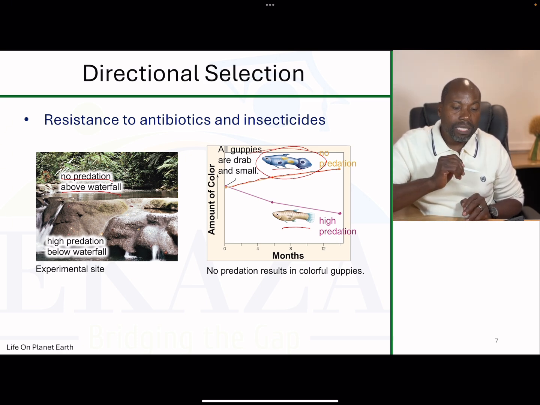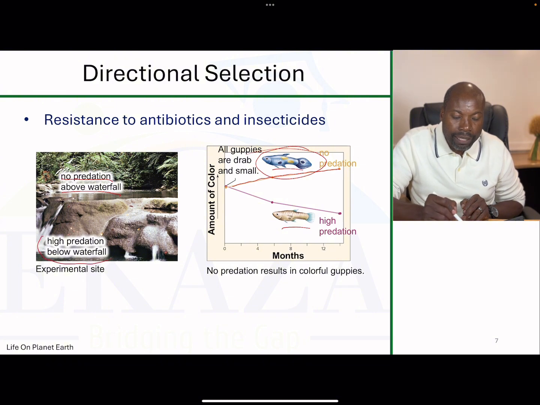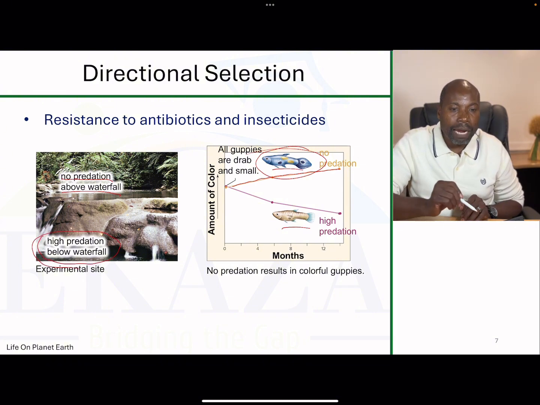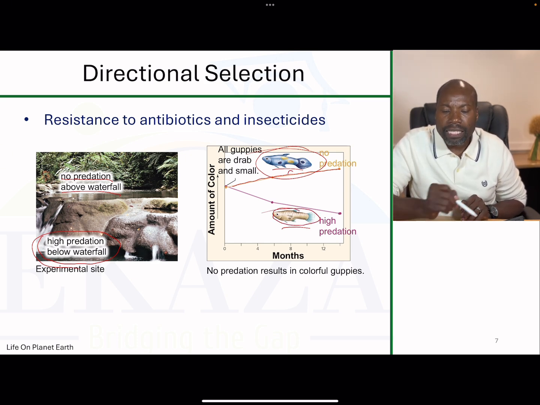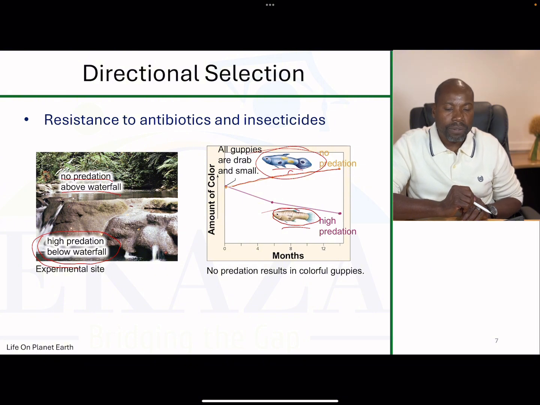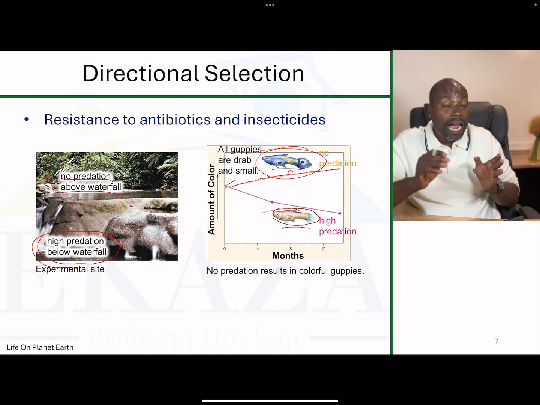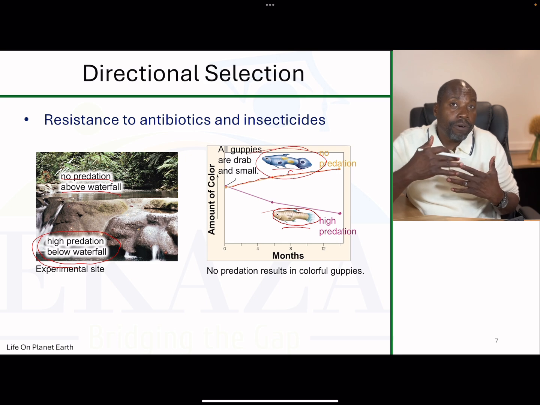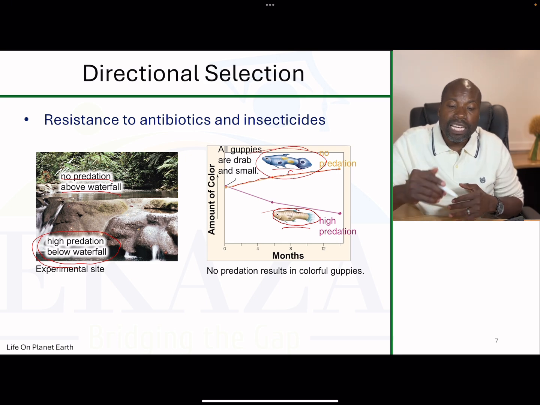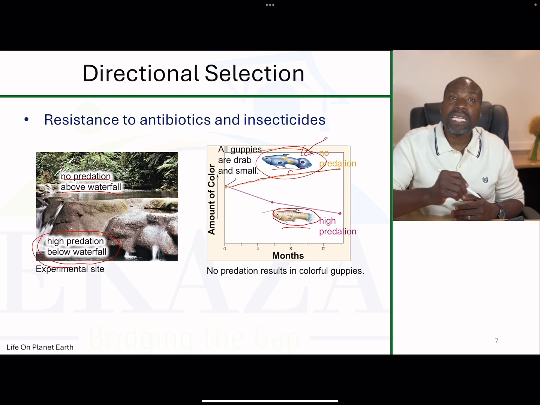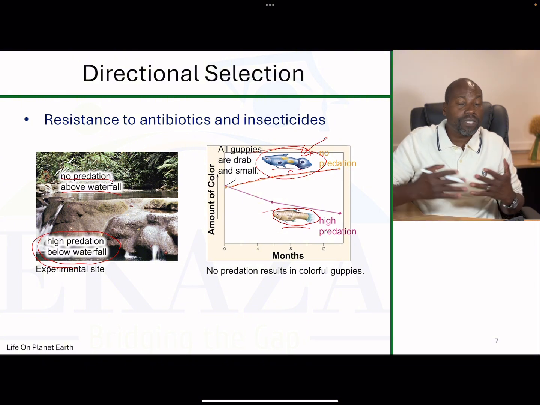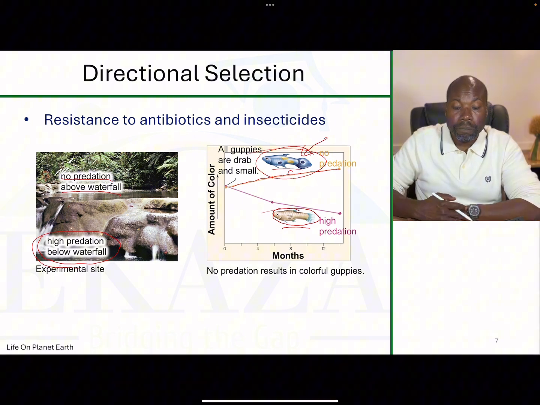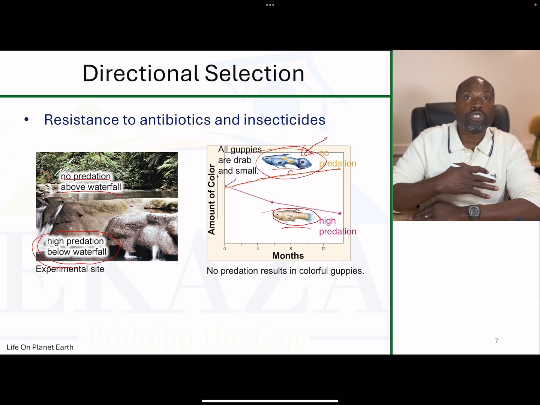Now, whenever there is predation, so in this site right here, where there is high predation, individuals are not very colorful. They are going to be relatively drab, okay? So they are drab. They don't attract very much attention, because if they were very colorful, they would be easily eaten, right? Because they would be easily seen, and therefore they would be very much a target, right? This is an example of directional